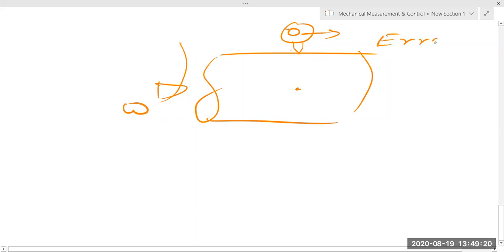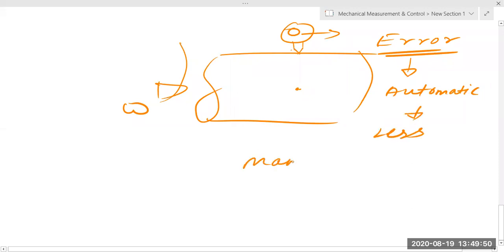So the best way is to have something automatic which can sense that the shaft is moving, or that the spindle of the instrument is moving, sensing the number of rotations, 1, 2, 3, whatever, for a period of time. If we can start the watch automatically, that is much better. If it is automatic, the error will be less, and if it is manual, we can have human error. I hope everyone is getting what I'm trying to explain.